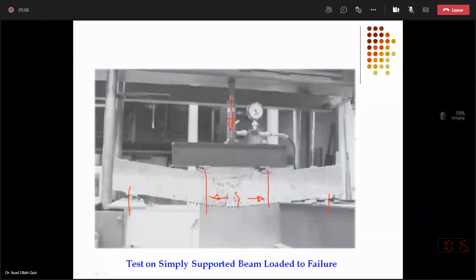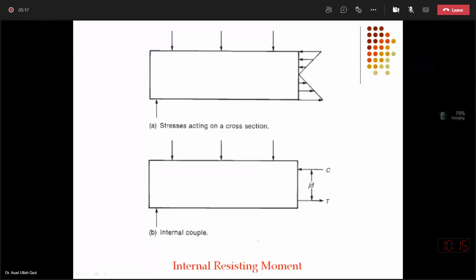It is a reinforced beam and it shows a lot of ductility, because there is too much sag and still the beam is taking the load. This picture also gives us an idea of the case where the section is uncracked and the beam is made of homogeneous elastic material,